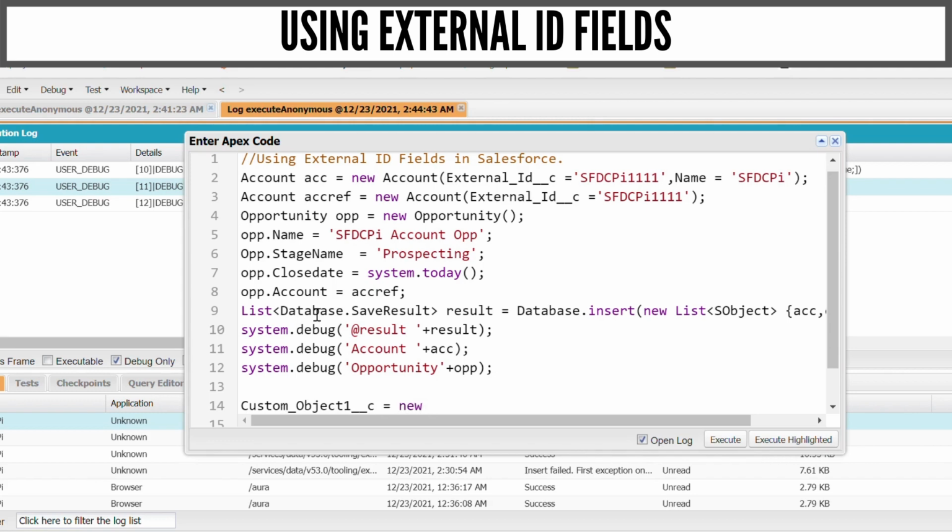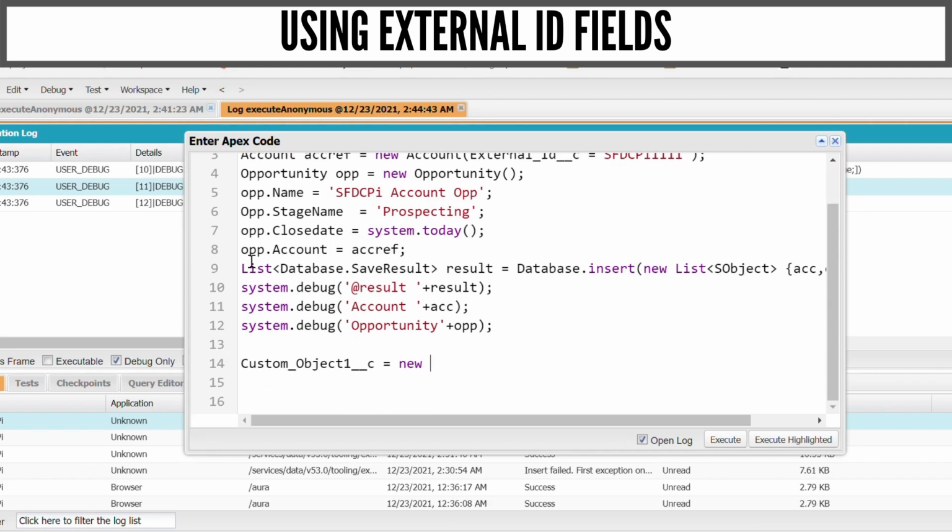we will be doing this in a similar manner, but there will be a change in this field where we are referencing the account or the lookup. So this will say custom 1. Again we will need two instances of the parent. It will be external_ID__c. Again we will give some ID, specify,